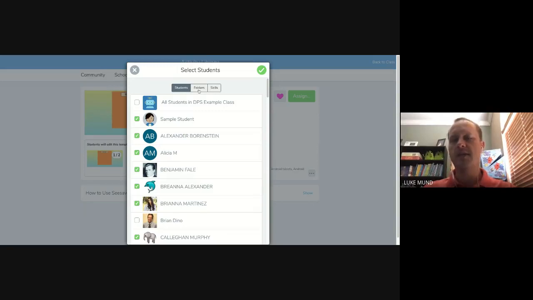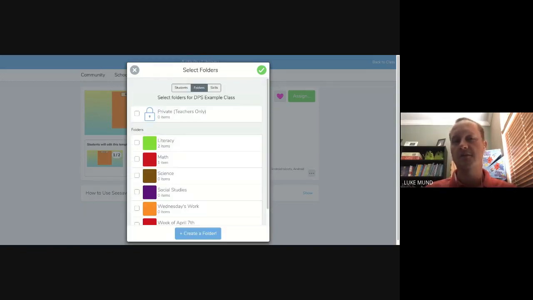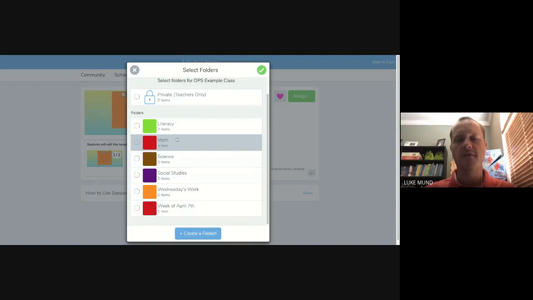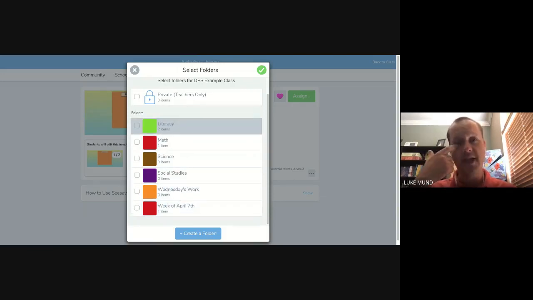And always when we send something out to our students, this is the very important step. This is organization. And I'm going to cover this several times, and that is using folders. So folders you can create just down here at the bottom. And we recommend you create a folder for each content area and each week. We suggest content areas because we're going to have multiple content areas in one spot. If you are a platooning teacher, or you are a specialist teacher, or you're a gen ed, math literacy teacher, you're going to want to be able to filter by just your activities.